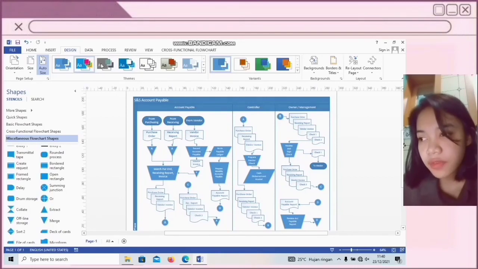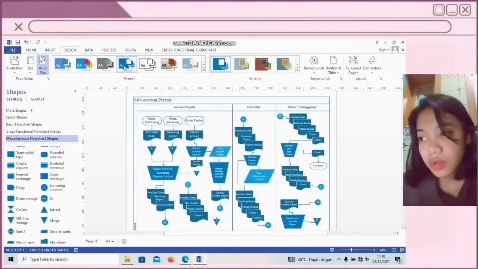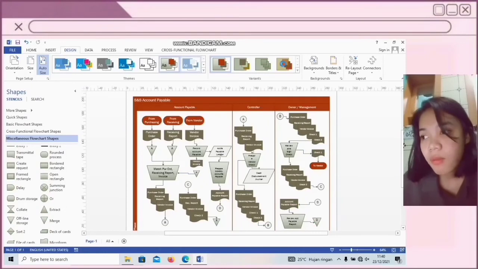Then I will color the flowchart so the flowchart looks more beautiful.